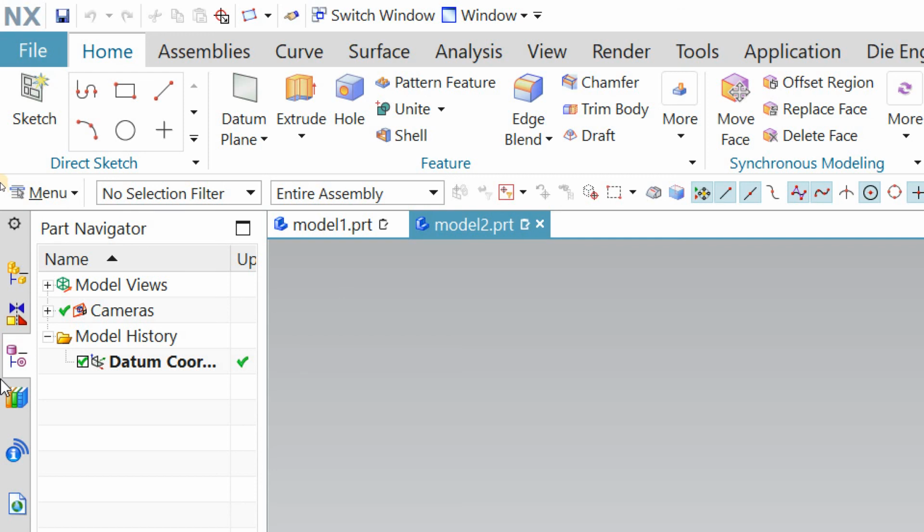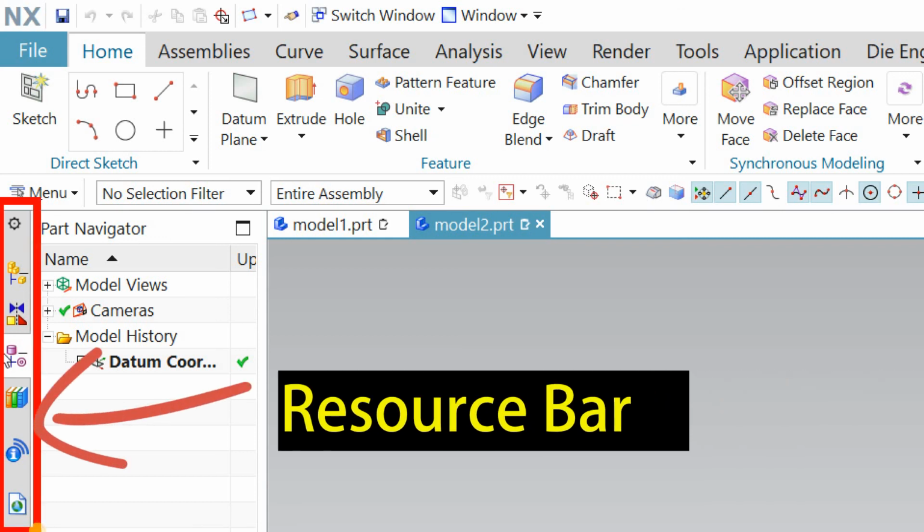This is called the resources bar. It contains all the navigator windows such as assembly navigator, constraint navigator, part navigator, and so on. We will see all these things when we make parts, models, or crash tools, and then we will see each function of each one. But now I am introducing you to the basic interface.